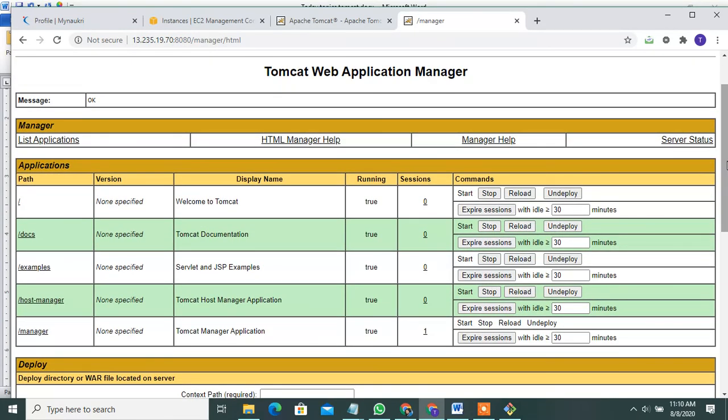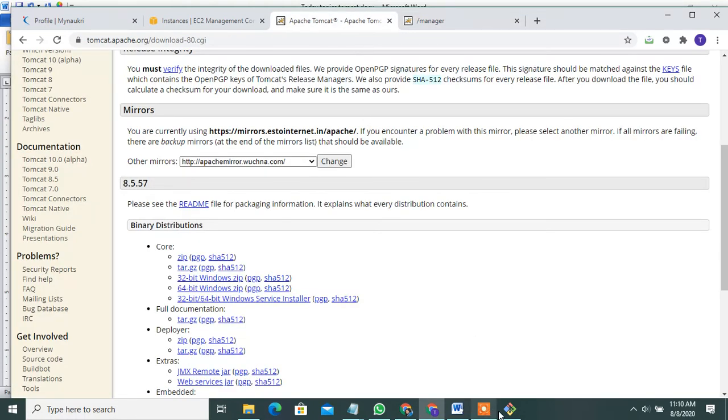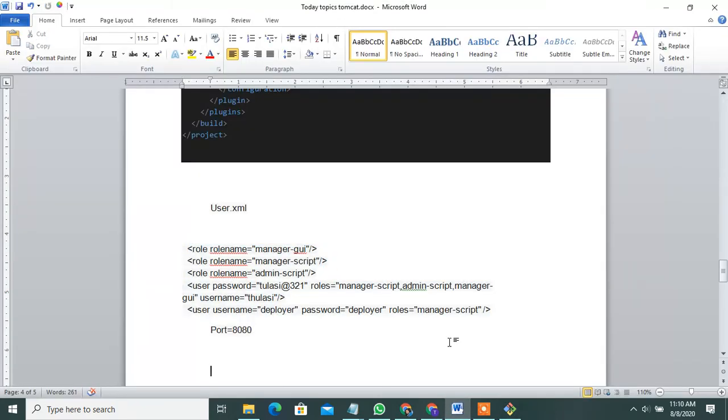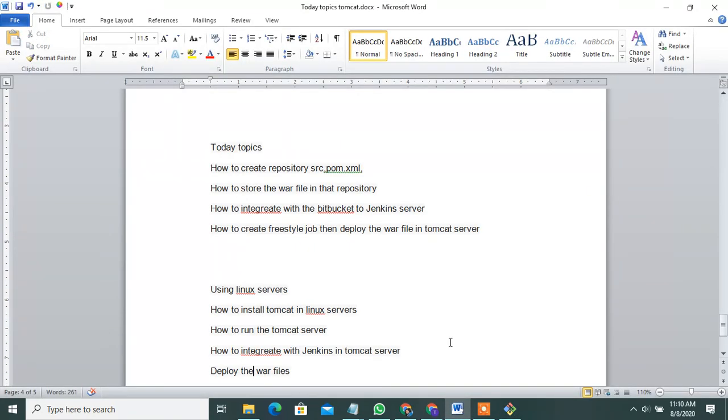Yes, it's done. See here, there is nothing to verify yet. How to run and deploy, and how to integrate with Jenkins, I will explain tomorrow. Today I have also taken a lot of time. That's a problem. Already half an hour is done. Definitely I will explain it tomorrow, these two cases.